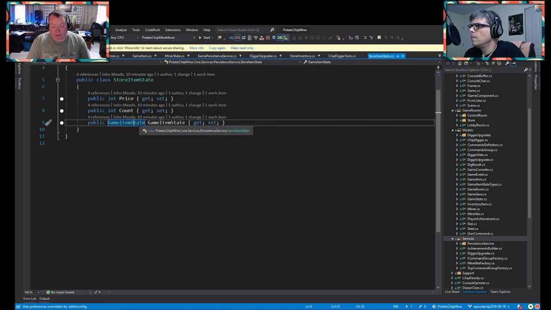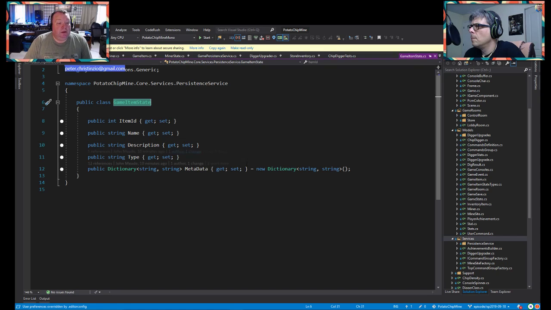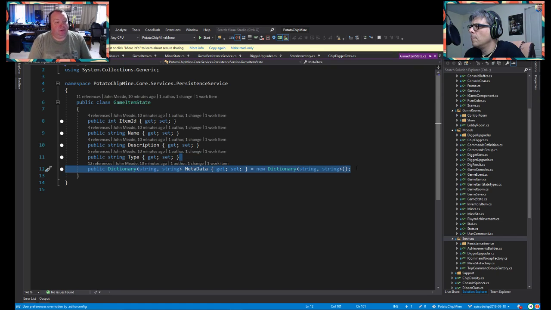So the game item state that we did here, now we actually store this metadata dictionary, so that during the save process it pulls out that data and stores it there, and then we have to have a process that reverses that, right? Which we actually put